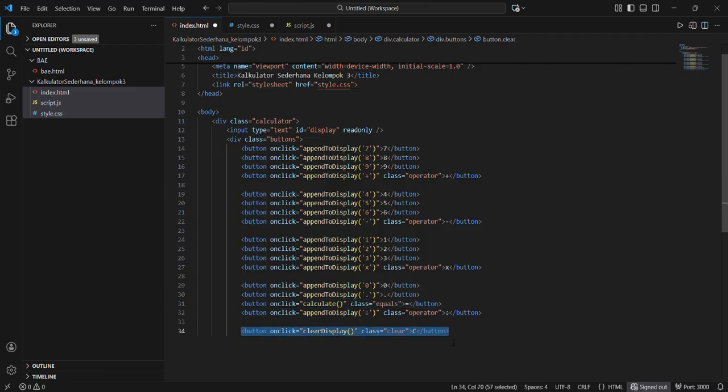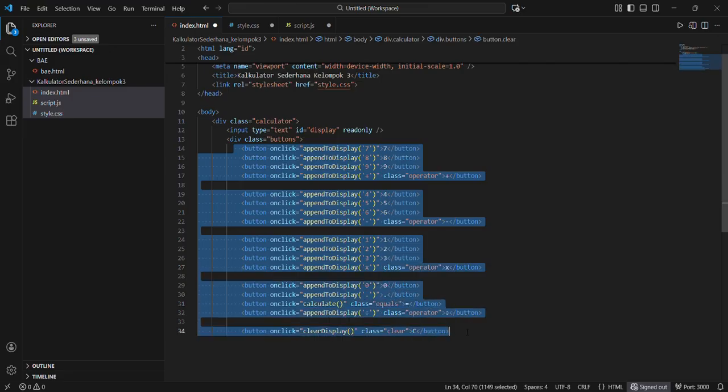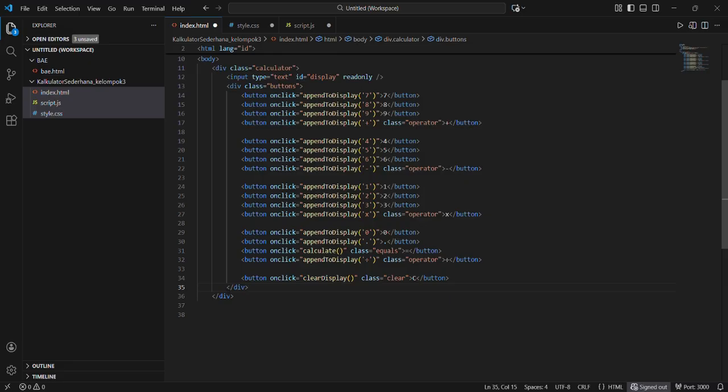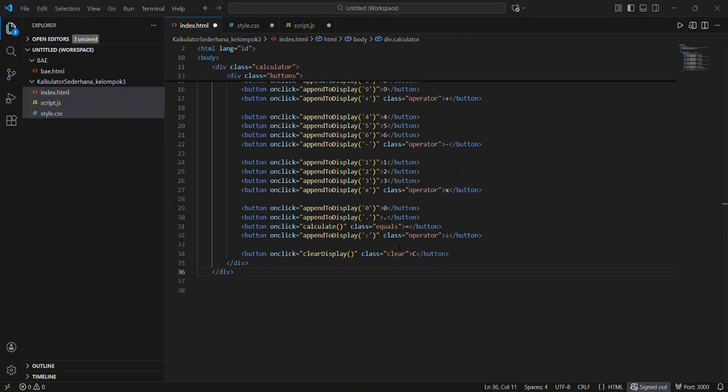C calls clearDisplay. Operators have the operator class for special styling. Finally, we close the buttons container and the calculator container. Next, connect it to the JavaScript and we will type this code.